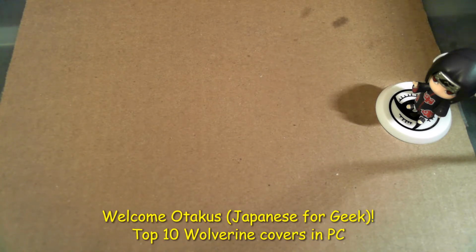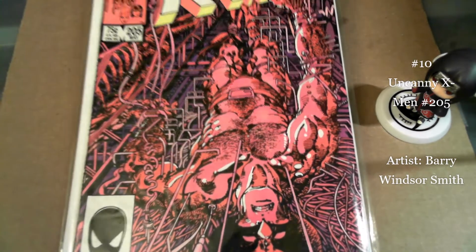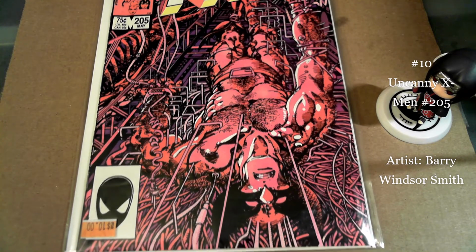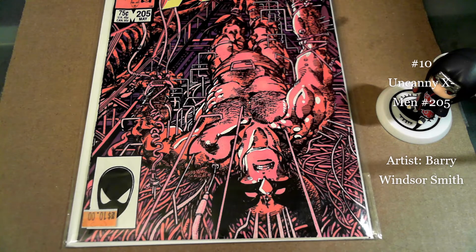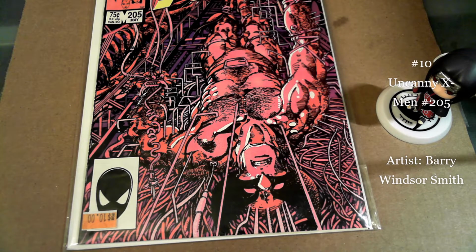So here we go. Let's start off with number 10. This is just a beautiful cover right here. Some Barry Windsor Smith goodness here. I love the color, love the layout. This is the Weapon X program. What's really funny is that the origin of the comic is actually laid out for us in another Barry Windsor Smith